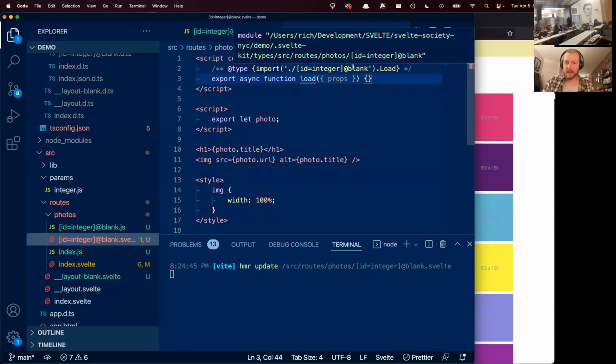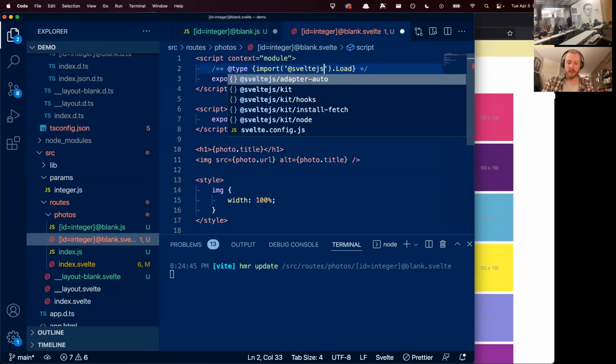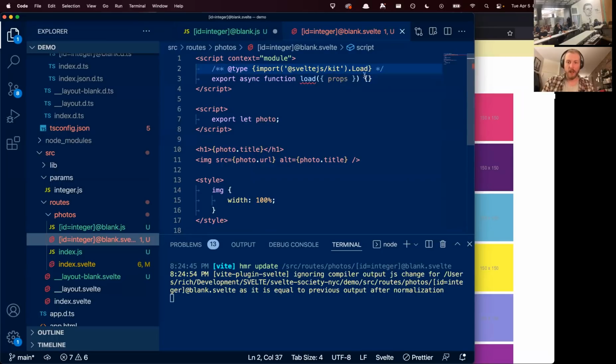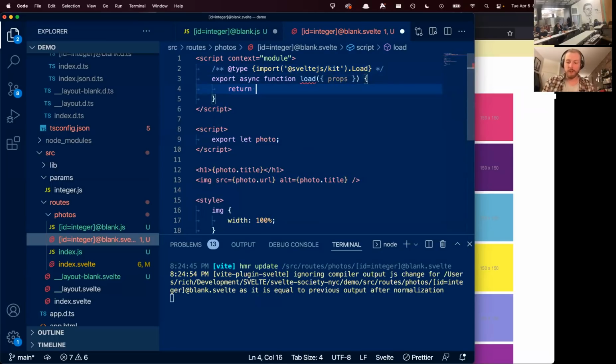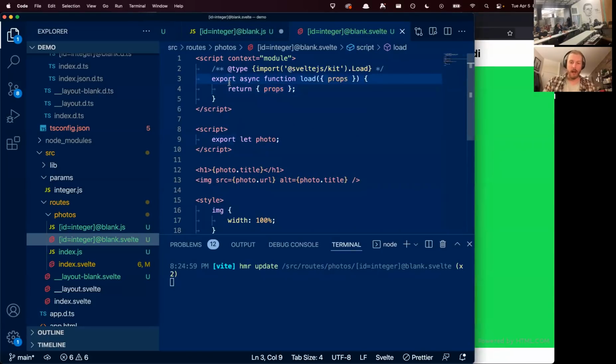Actually, I think there's some bug with the generated type, so I'm just going to use the default ones. So the first thing that we're going to do is just return the props back to the page, so that it loads normally. But what I'd like to do here is load the image inside the load function, but only